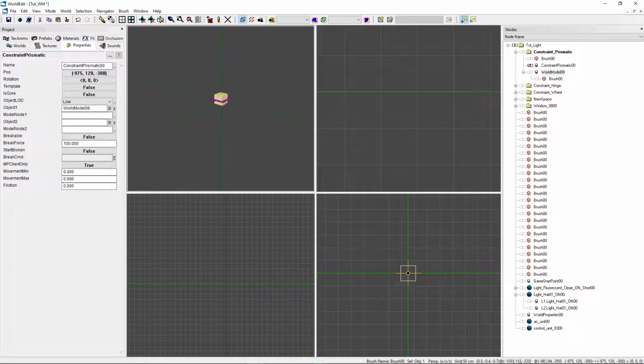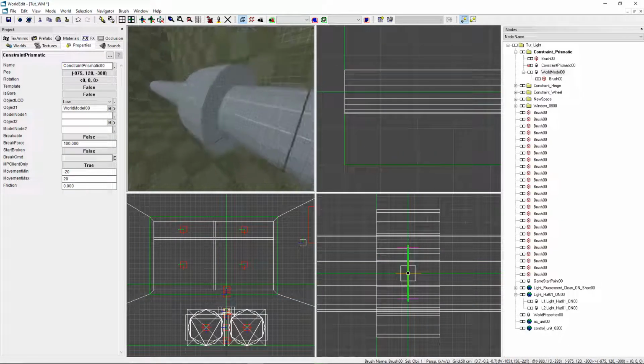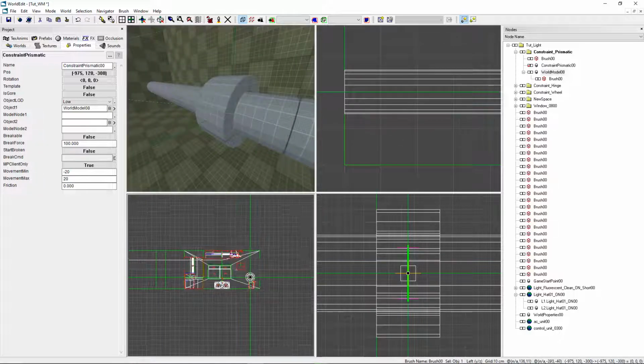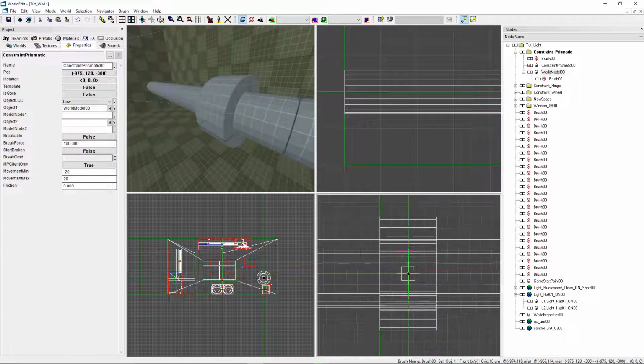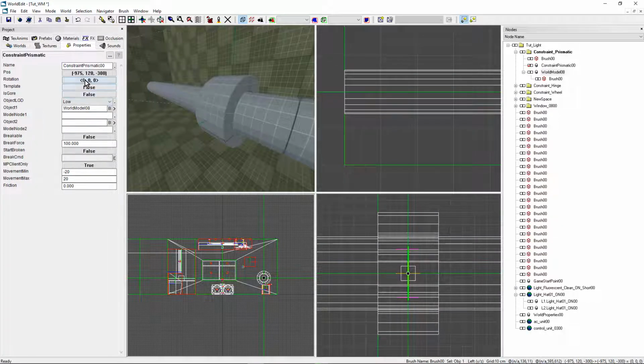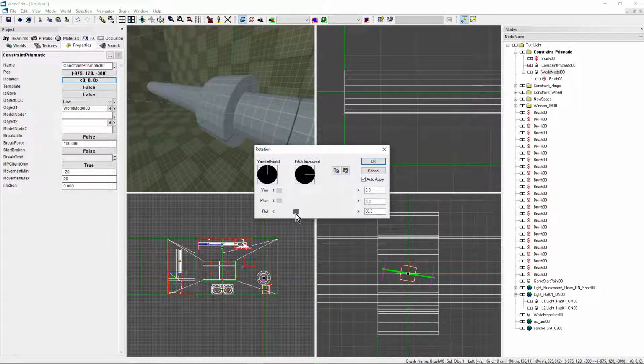If we isolate the constraint and we set some maximum and minimum, where the minimum should be negative and the maximum positive, we see how much it can move, but it's not the right side. So if we look here in this view, we can see we need to rotate this to the side like this. And now we can